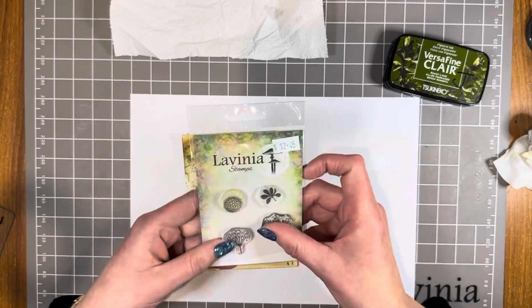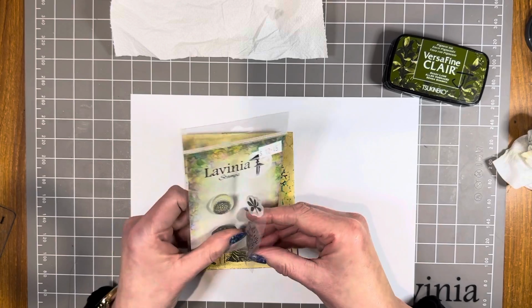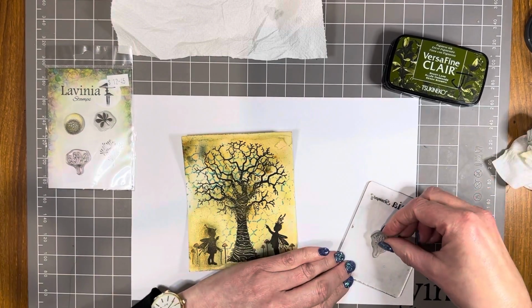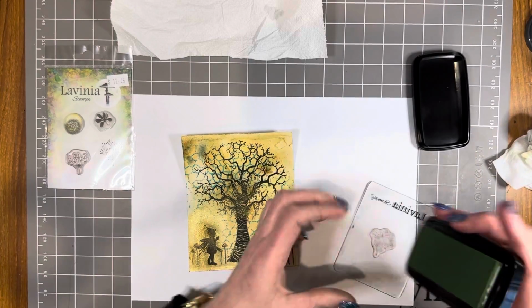Now the Flower Collection, I'm just going to pick one of these little foliage branches. I think I might go with this one. And I've got Shady Lane,